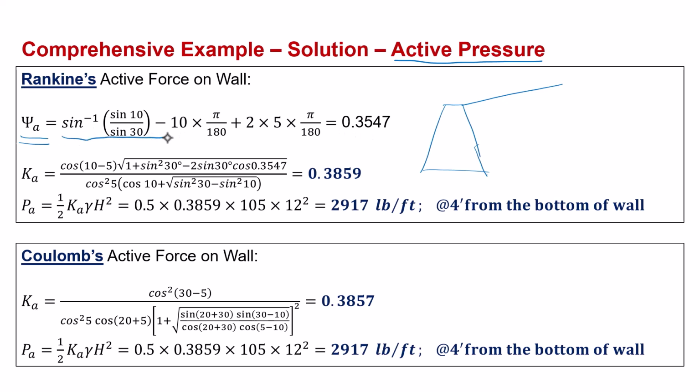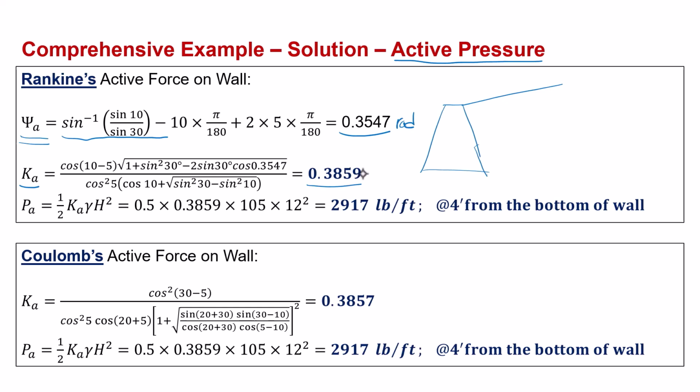Arc sine of sine 10 divided by sine 30 would be in radians, so be careful about this. So psi A would be 0.3547 radians, and if you use it to find Ka for Rankine's active force, you're going to find this value to be equal to